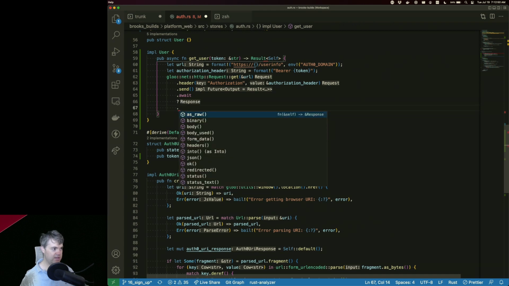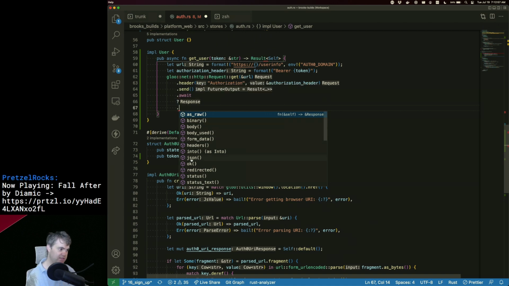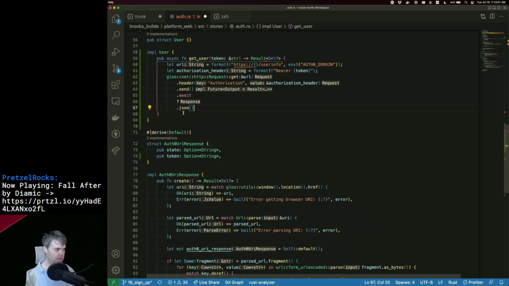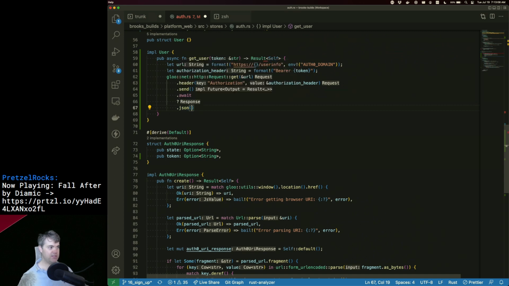Okay, so then that gives me a response. So I want to get the JSON. This is going to need a type on it to convert.